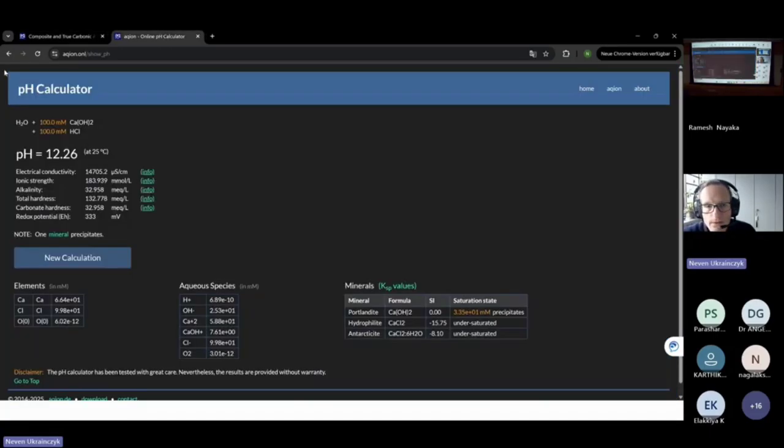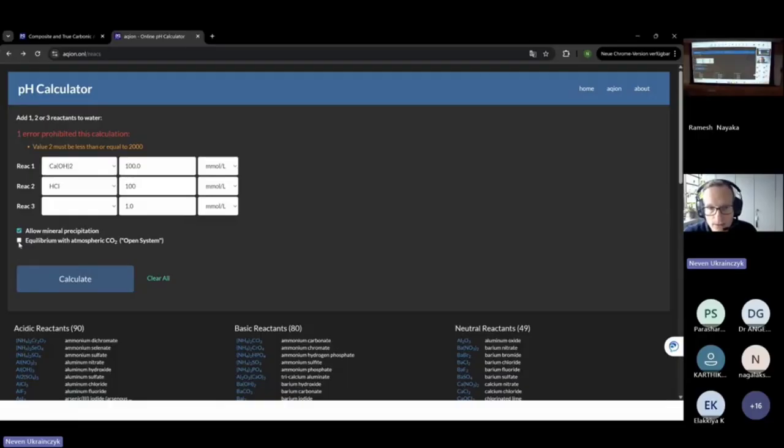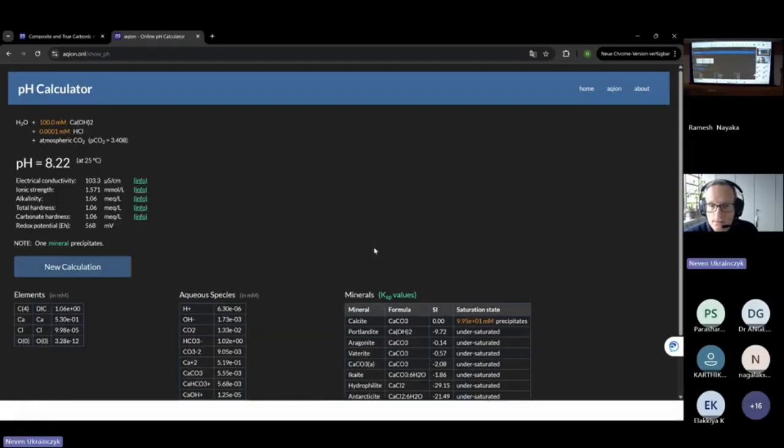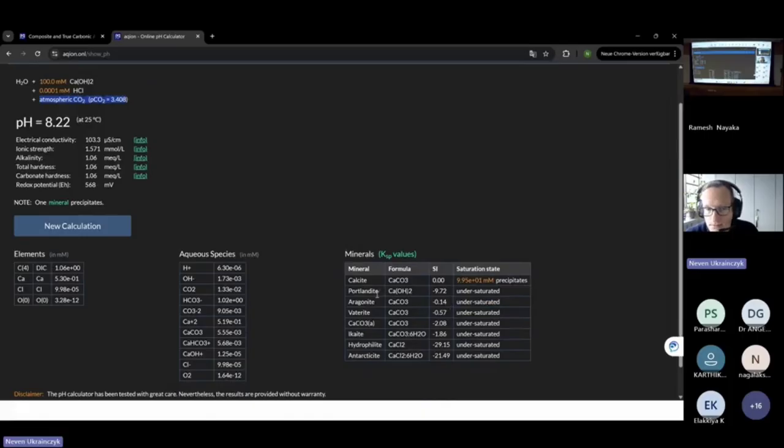This is for CO2, because if you go here and equilibrate with atmospheric CO2, let's remove acid. So we have Portlandite, almost no acid, but we allow mineral precipitation and we allow CO2. Then calculate. You will see that actually some atmospheric CO2 also enters the system, and this is why, although not enough to precipitate the calcium carbonate crystals, but still